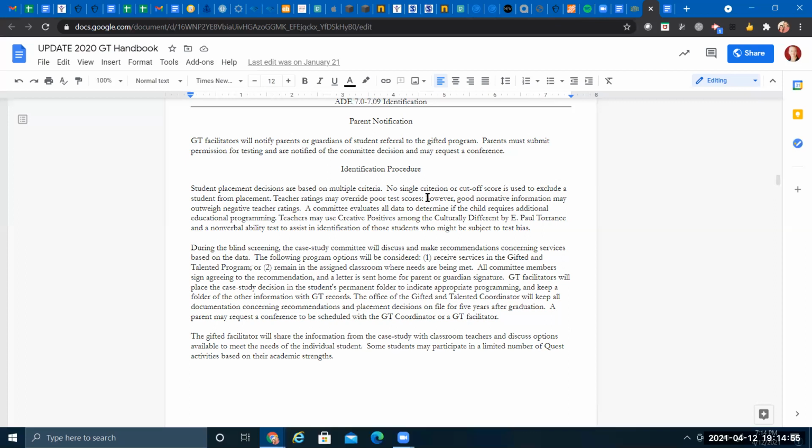So how we do that with the information about the child is, each GT facilitator will present their group of children to the committee. So that GT facilitator knows the children already. The committee does not. So let's say the president of the United States' son is being referred. We won't know which one that is. We're not going to place them just because they're the kid of the president. But the GT facilitator can give us information about why the child needs gifted services